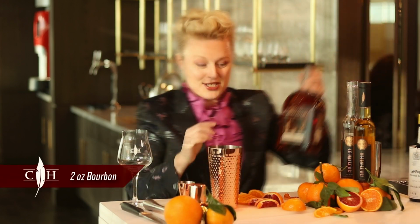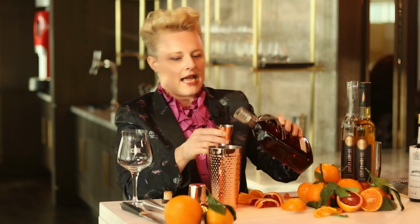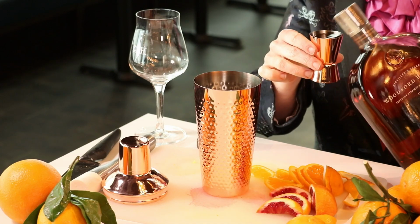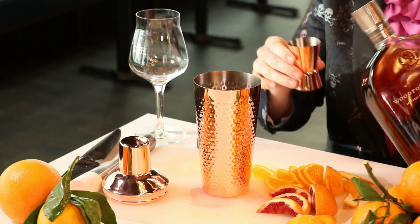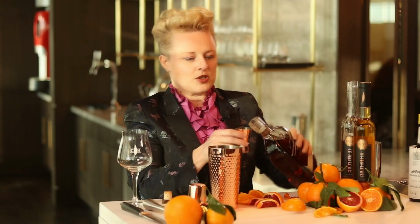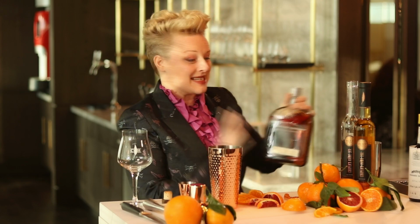Now that I've done that, I'm going to add 2 shots of bourbon. And I love bourbon in cocktails. It adds a really caramely flavor to things. You get a lot of spicy notes as well. And because bourbon's aged in New American oak barrels, you get a lot of vanilla flavors to it in addition. So just like New American oak makes our wines taste like vanilla and sweet spices, it'll do the same thing